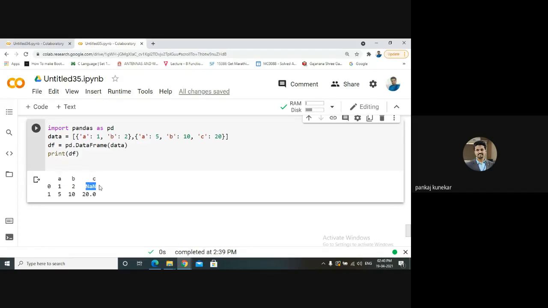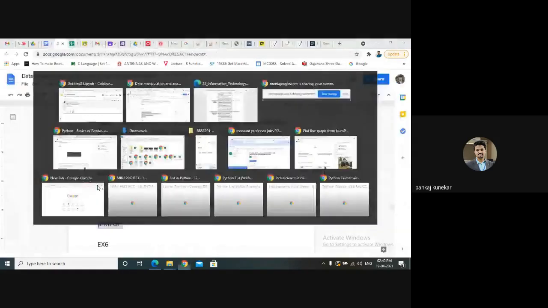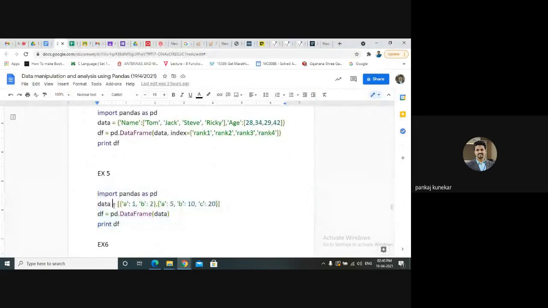What about the first data? Because we don't have C over here, it will show the C value as NaN, a missing value. So this is the way we need to handle missing data or NaN values, because the data from your data set will not be uniform. It may have some missing values or NaN values. So we need to take care of the operations here.